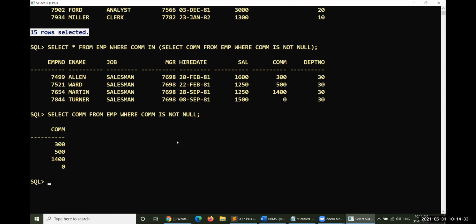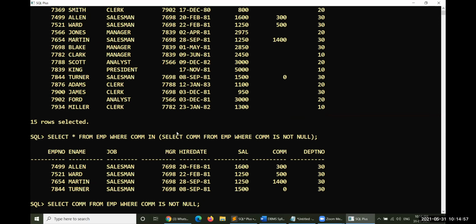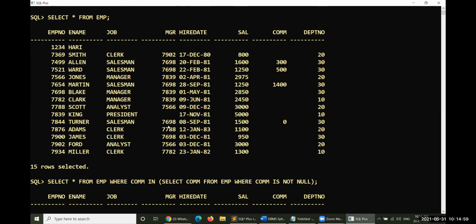For this particular operation, how could you perform it? Select everything from EMP. Otherwise, you can select the employee name, employee number, only a few columns, or the complete information. From EMP where EMPNO in. I have given you information just a couple of seconds ago about who are having a manager number.